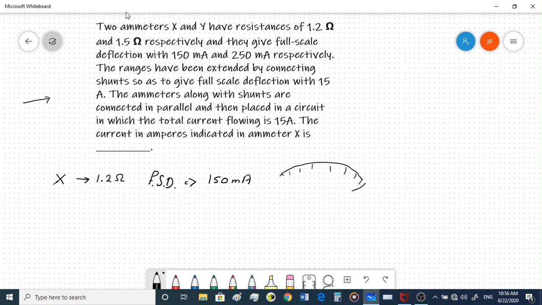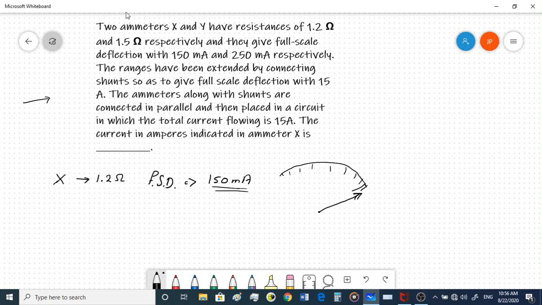The last point in the scale. So the full scale deflection is obtained at 150 milliamperes. We have already seen all these things, because generally the full scale deflections will be in milliamperes, and then we extend the range by using shunt resistances. For ammeters we use shunt resistance, and for voltmeters we use series resistance for increasing the range. So then